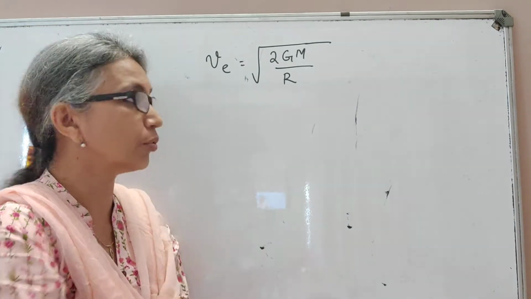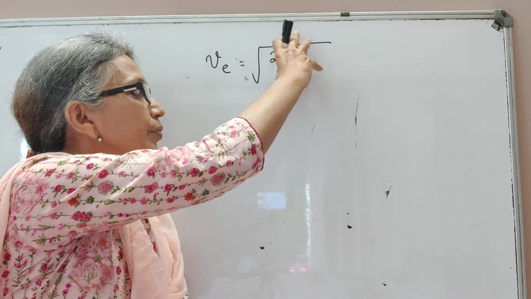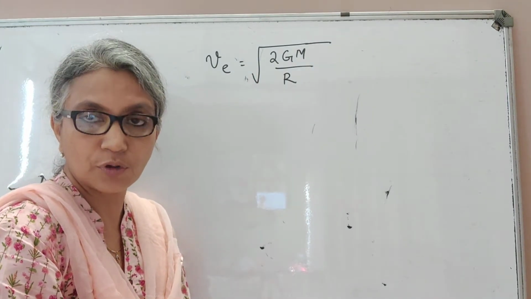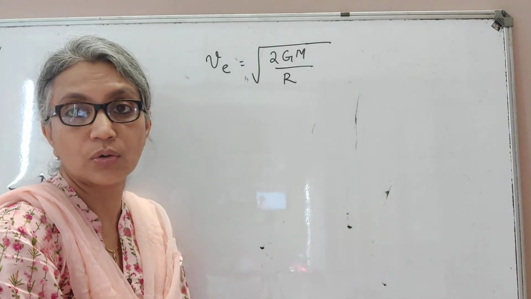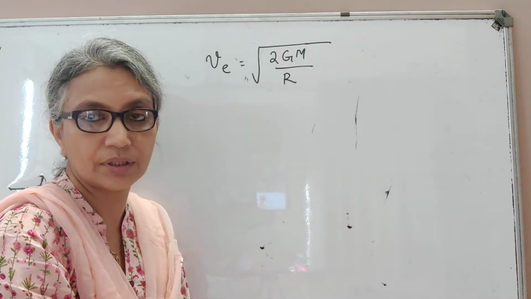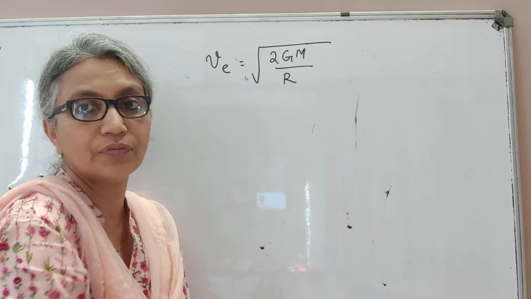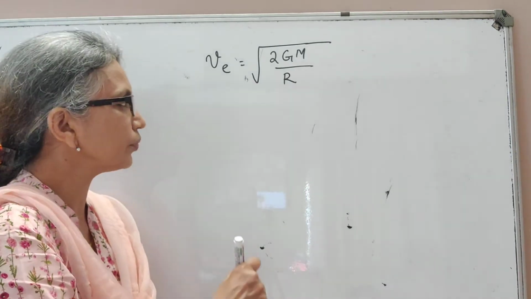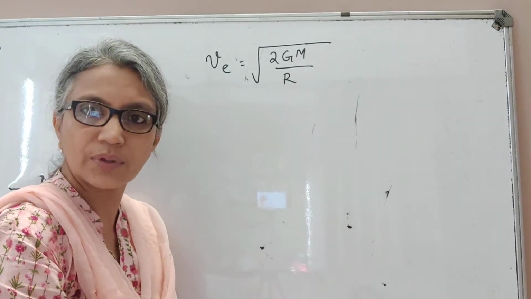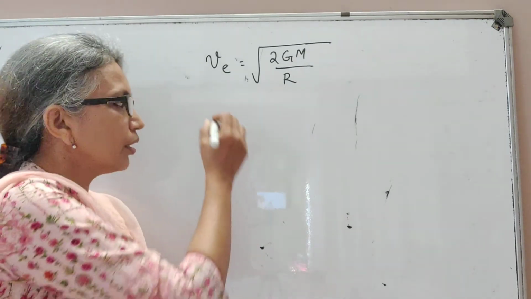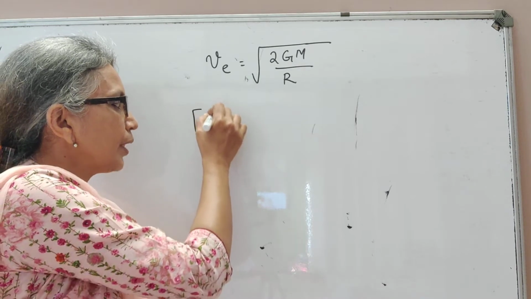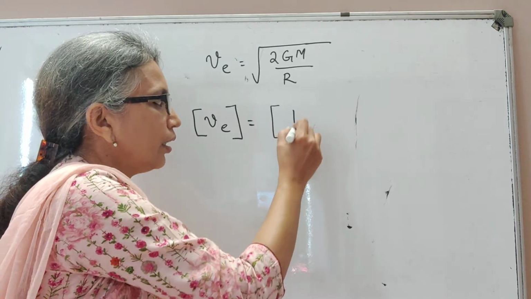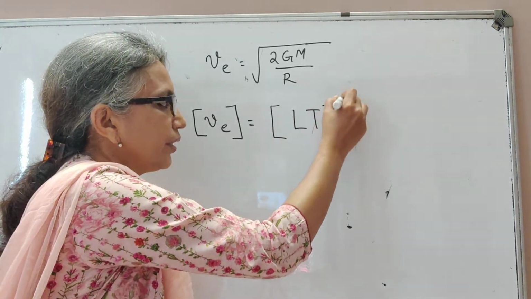Now there are two terms in this equation. One term is here, the other term is here, both of them separated by an equality sign. What we said as the principle of homogeneity is that an equation is correct only if all the terms have the same dimensions. Here we have two terms and we need to check if both of them have the same dimension, then your equation is correct. Now escape velocity will have the same dimension as velocity. So the dimension of escape velocity v_e is LT raised to minus 1.